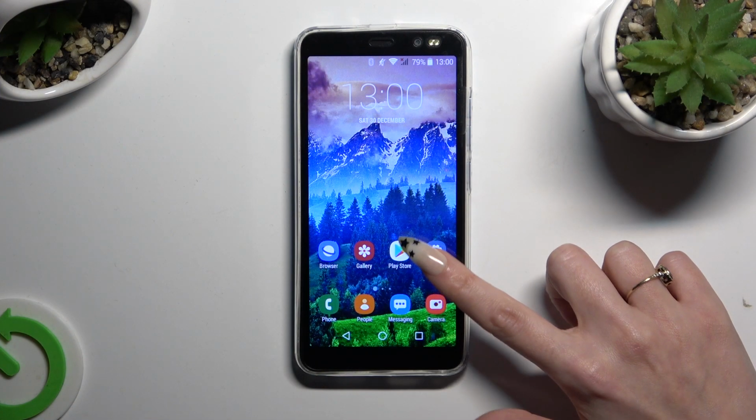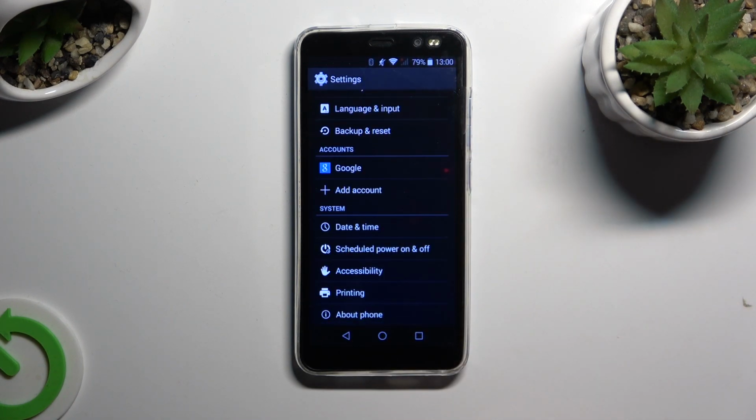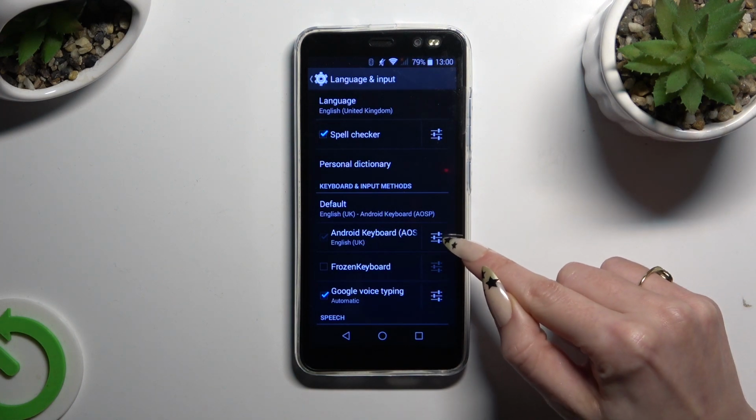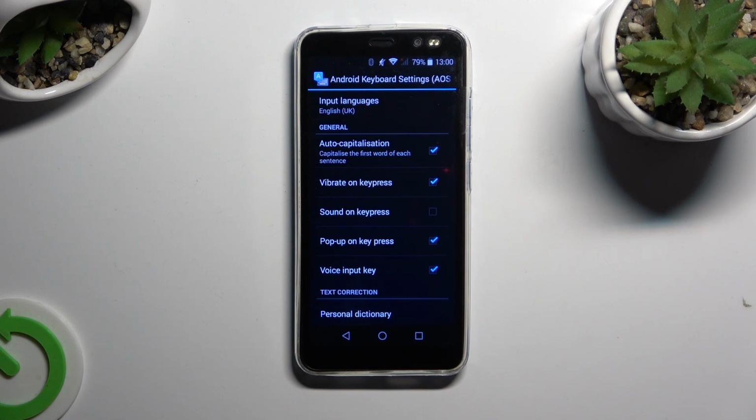Begin by going into Devices Settings and scrolling all the way down to access Language and Input. Following that, click on those three sliders next to Android keyboard. Scroll down